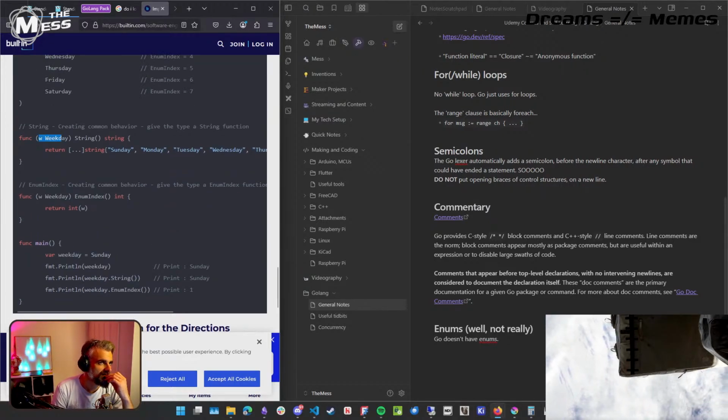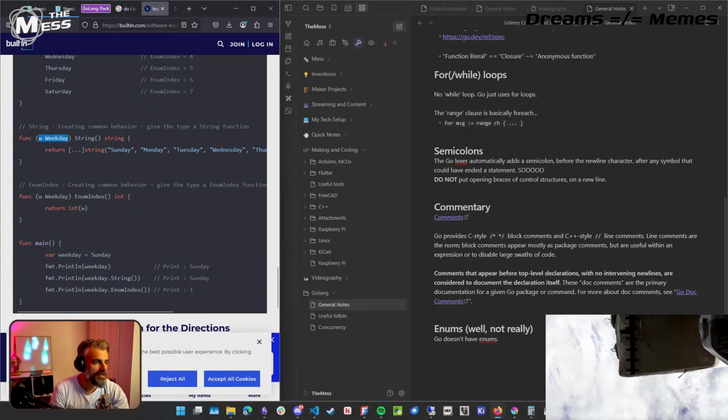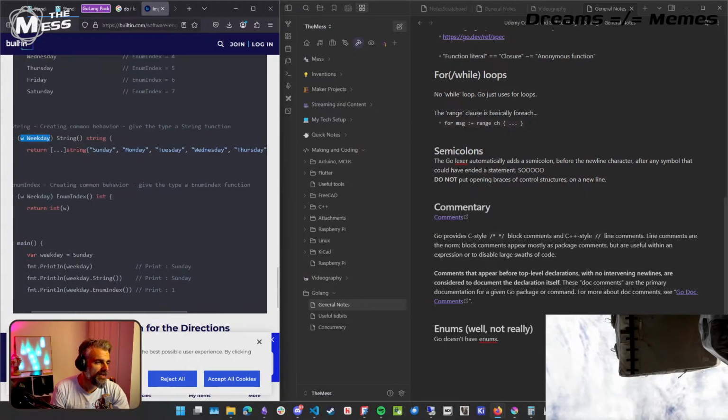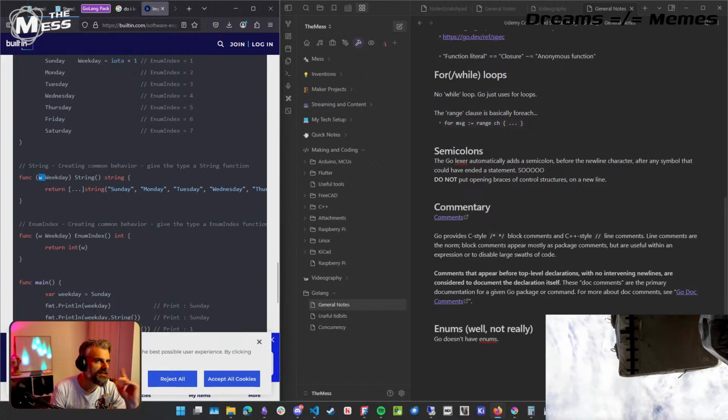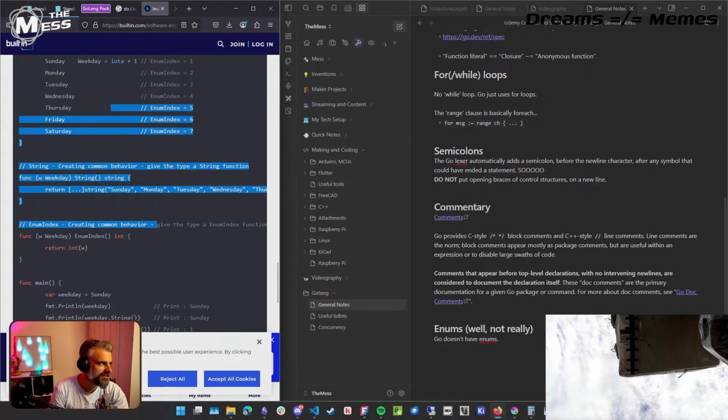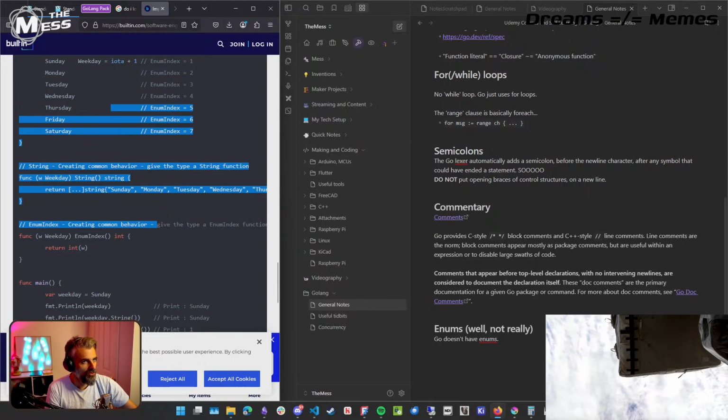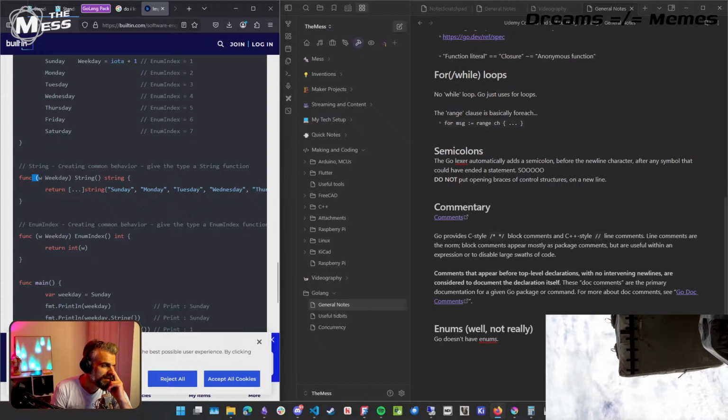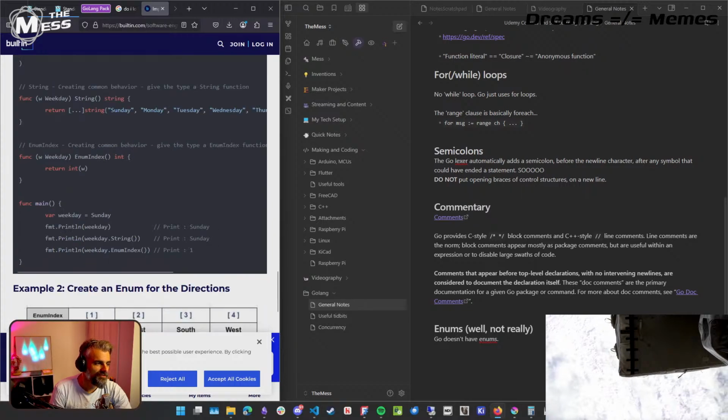And it takes a weekday, which means to me that that's how you call functions. Okay, so this little tutorial here is actually teaching me quite a lot all in one about some Go syntax, because I didn't realize how you can define a function on a type in Go is by declaring the function and its parameter is the type that you're declaring the function on. So if you call